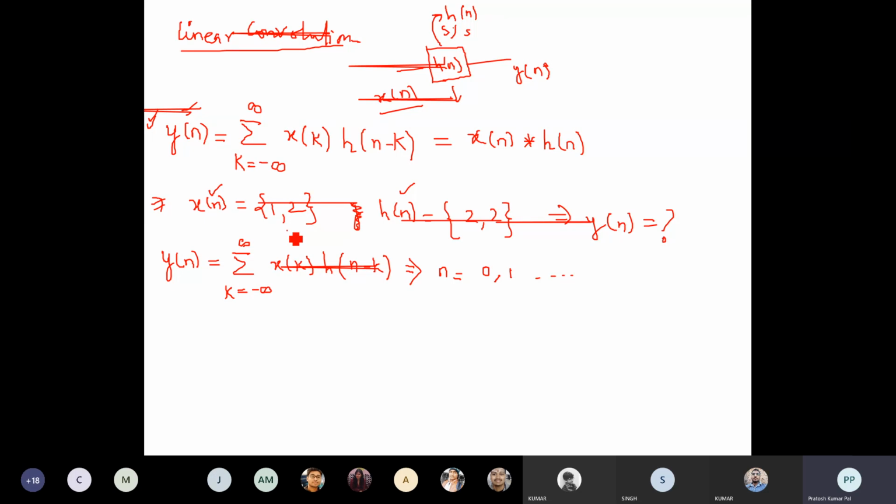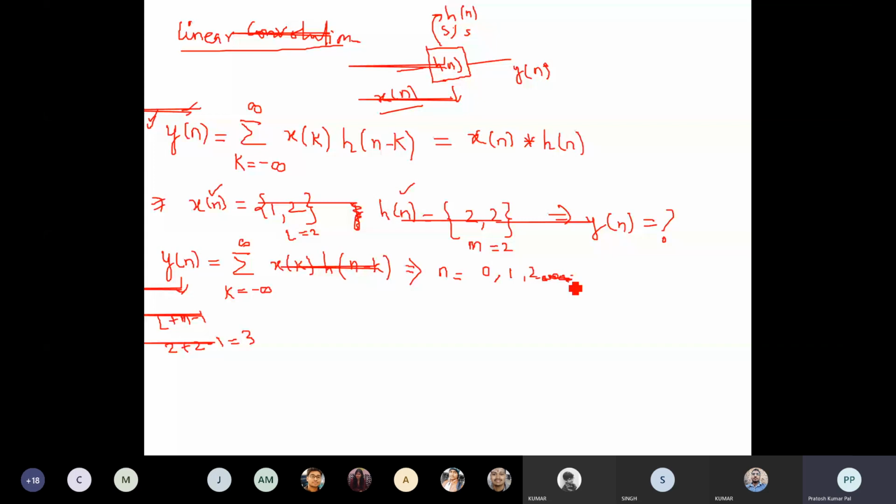इसमें कितने सीक्वेंस हैं, दो सीक्वेंस हैं. ठीक है, so अगर इसमें दो सीक्वेंस हैं तो x of n में जो सीक्वेंस है उसको हम l बोलते हैं. सो l इज इक्वल्स टू कितने हैं, दो है. सिमिलरली h of n में कितने सीक्वेंस है, दो है, तो इसको हम बोलते हैं m. So this m, number of sequences, is 2. So finally the number of sequences in y of n will be l plus m minus 1. That means 2 plus 2 minus 1 will be 3. So 3 sequences will be there in y of n, so n should be varying from 0, 1 and up to 2 only.